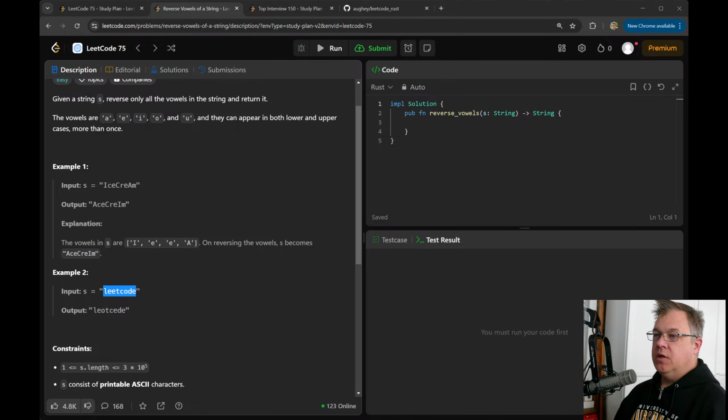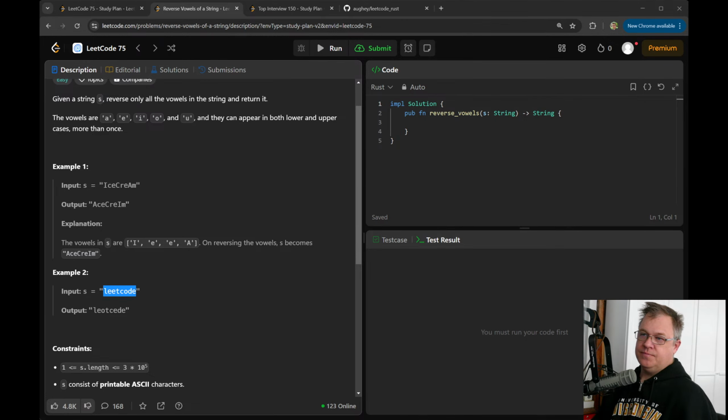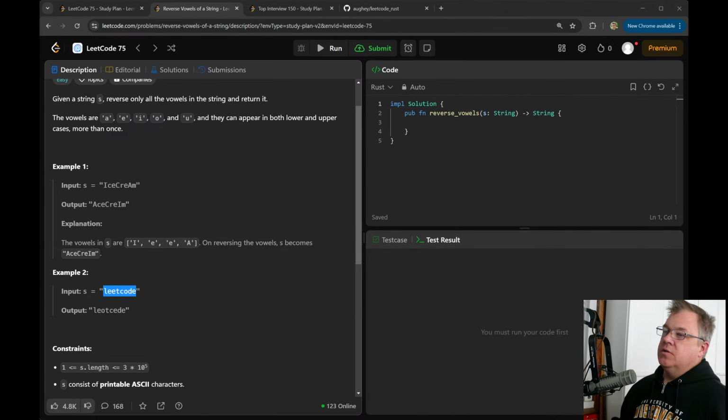Okay, so now that is going to be a vowel if is_vowel, lowercase to lowercase. Good. So this is, do we do this?